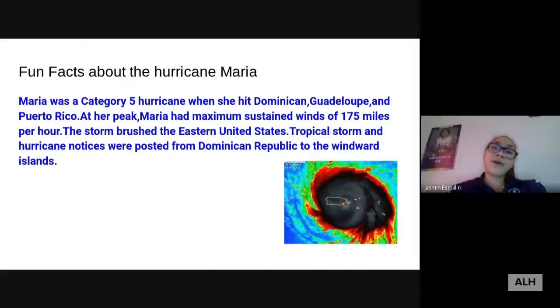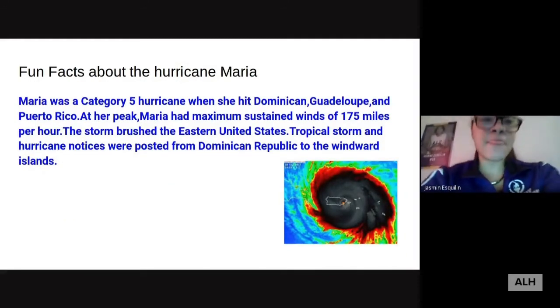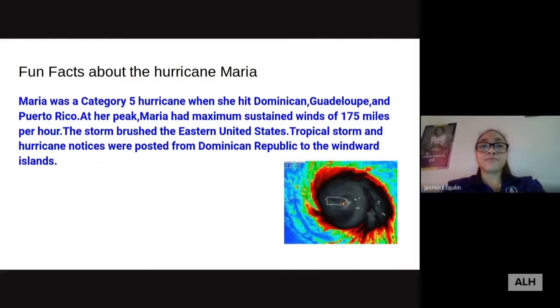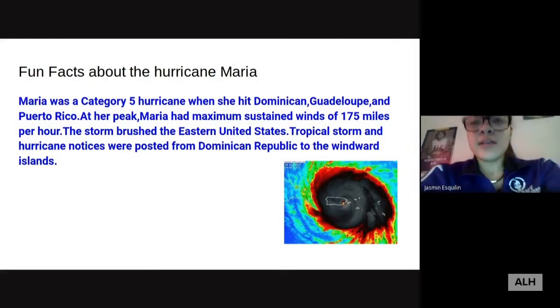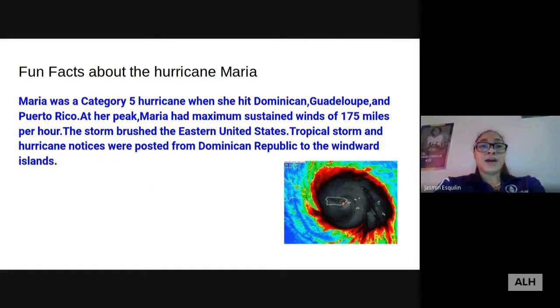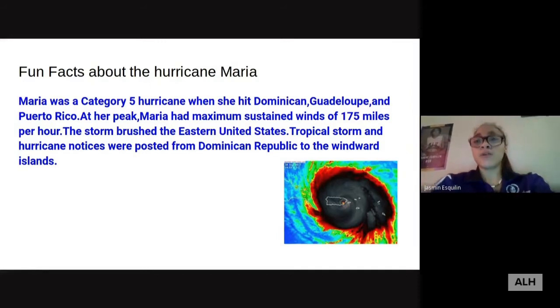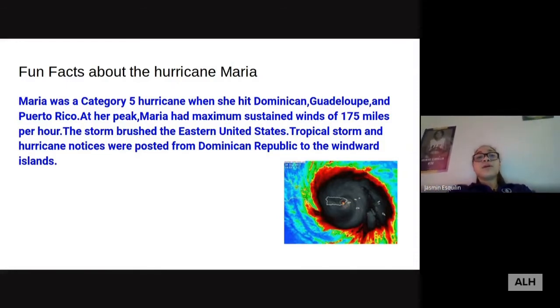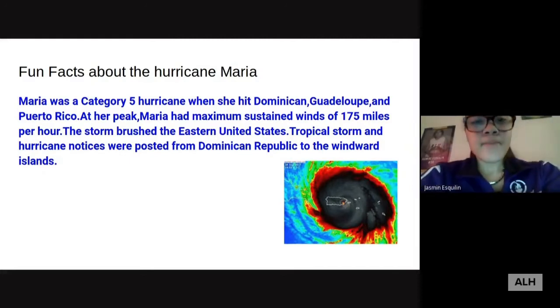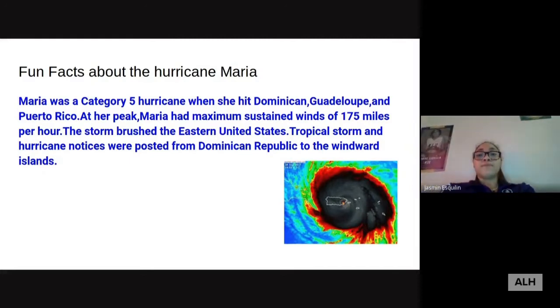Fun fact about Hurricane Maria is that it was a Category 5 hurricane when she hit Dominica, Guadeloupe, and Puerto Rico. At her peak, Maria had maximum sustained winds of 175 miles per hour. The storm brushed the eastern United States. Tropical storm and hurricane notices were posted from the Dominican Republic to the